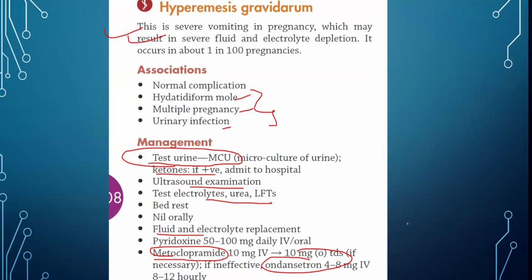Okay, so ideally, if it is severe enough, dehydration, their urine ketone is positive, the patient will go to hospital. If urine ketone is not positive, then you can do all the tests in your clinic, and then put the patient on an antiemetic and see how the patient goes. But if the patient can't keep anything down, getting severely dehydrated, needs to be sent to hospital.